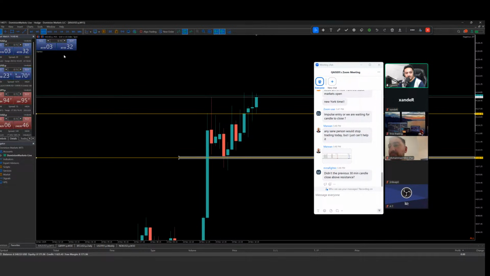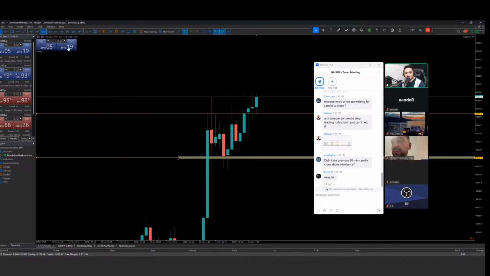So just waiting. I'm anticipating an impulse entry if this candle breaks above these both rejections on the left hand side. And I'm taking buys 10 minutes before the opening of NY. I do not have a good history with it. Most of the losses I took during this time. So I'm lowering the lot size. If I get a confirmation candle, if it breaks above the high and closes above the resistance area, then with the opening of NY, I might put one more entry into it. So let's see how this plan goes.